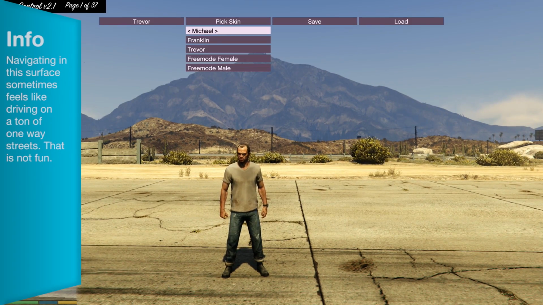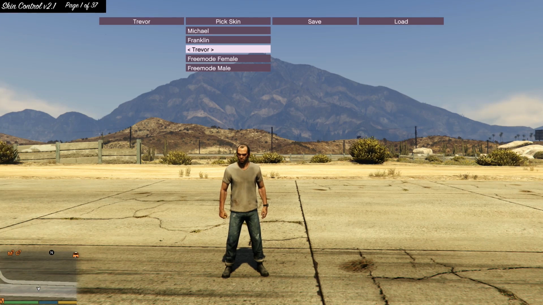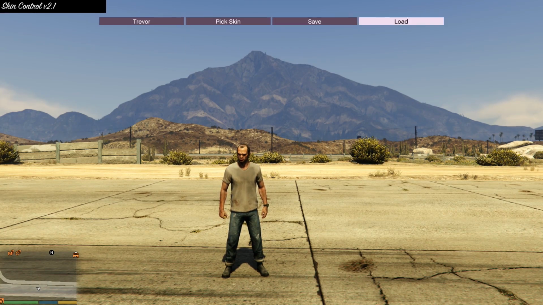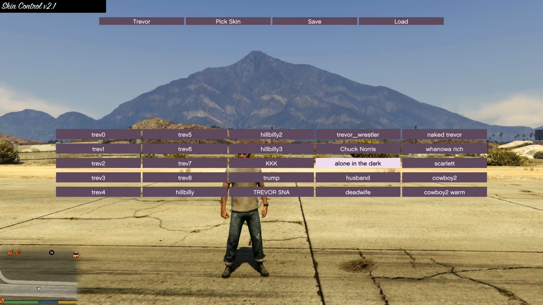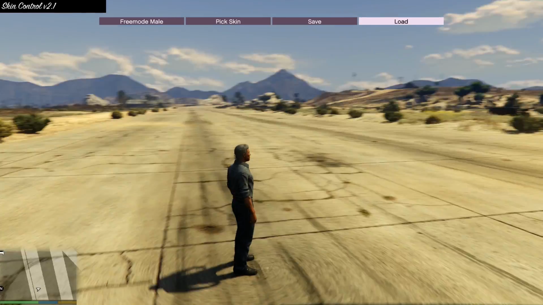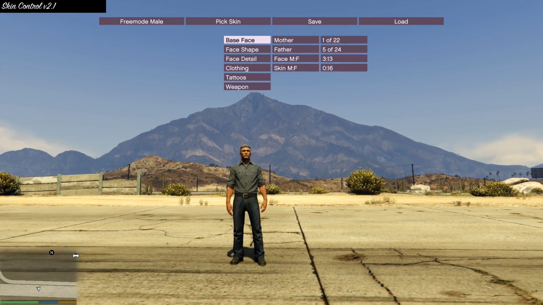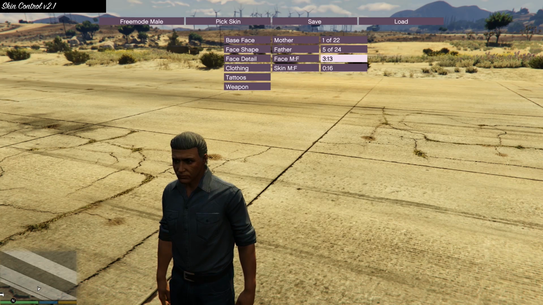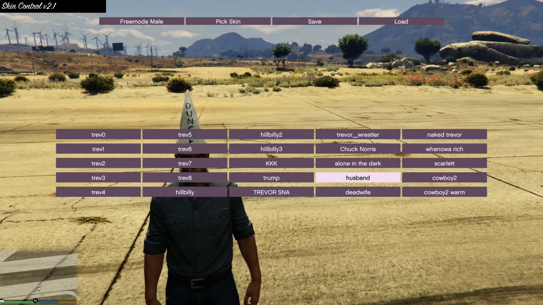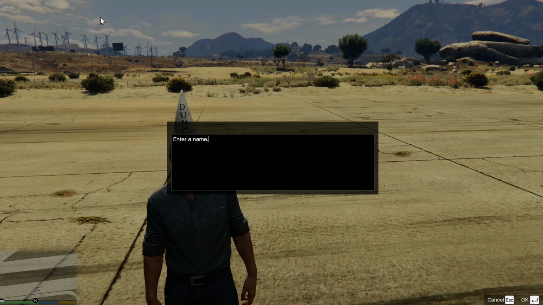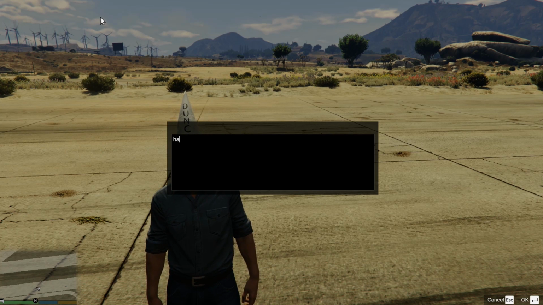Admittedly, the mod has some flaws, one of which is the UI. It's not too comfortable to use, but it does the trick. Another flaw is that editing an existing character isn't really comfortable. To do this, you need to load the character you want to edit, go back to pick skin, and then choose the same model that you modified before. Then you can re-enter the character editor and change the wardrobe. You should save the new outfit in another slot though. You will never know when or if you will need the old model again for a reshoot of a scene.